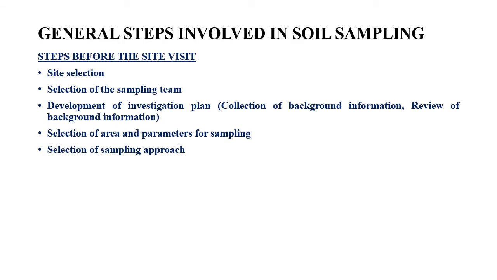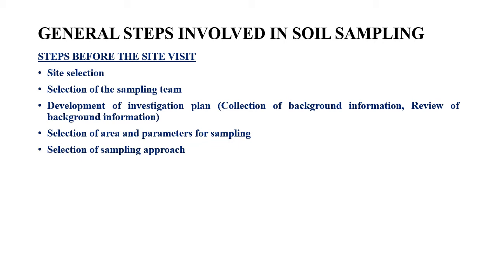So we have already seen that the actual procedure of soil sampling comes in the second phase of the site investigation procedure. The second phase of the site investigation procedure is basically the site visit. Okay, so that is when you identify the area to be sampled and you apply some technique and collect soil samples. Same way, for a proper soil sampling procedure, there are certain steps to be followed before you make the site visit and during the site visit. So first we look into the steps that have to be done before the site visit is made.